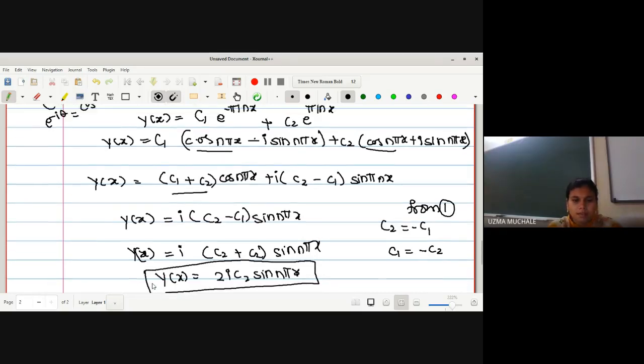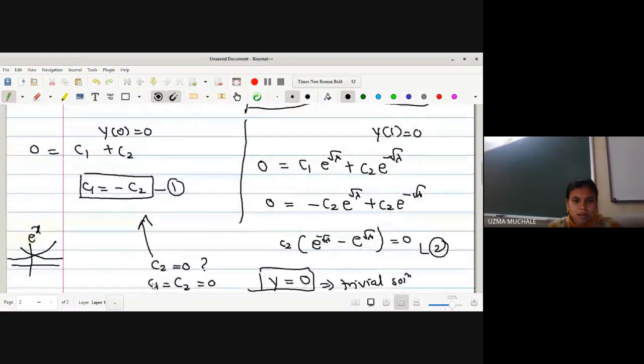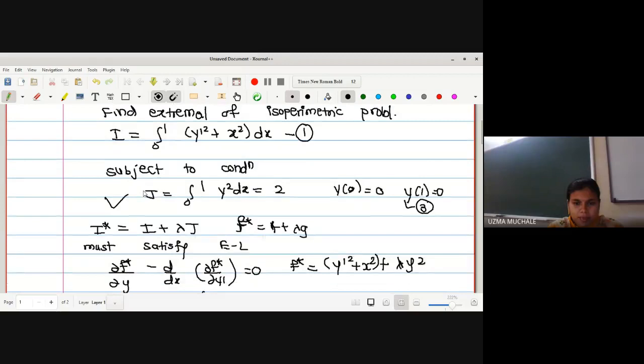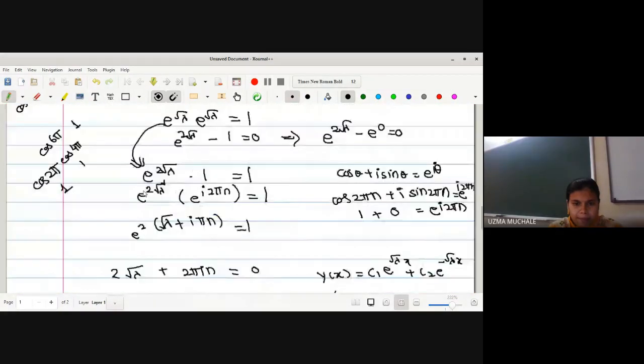But what is the case? We have the two integrands given to us. So here we get the value of y, the solution y, but here is y dash square plus x square. So now we will evaluate this equation by putting our value for y and we'll check the result. Okay. Getting the steps?